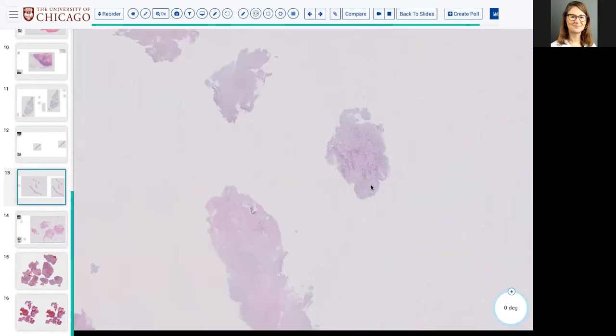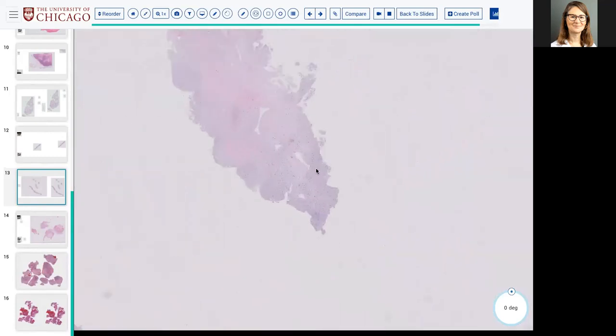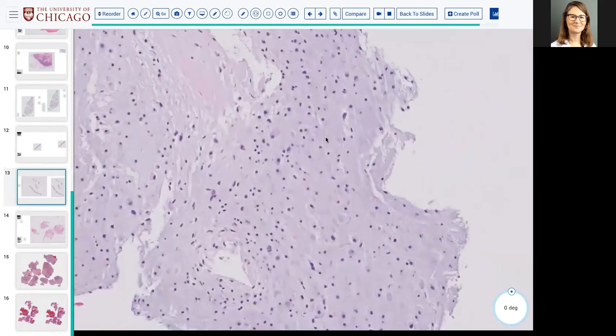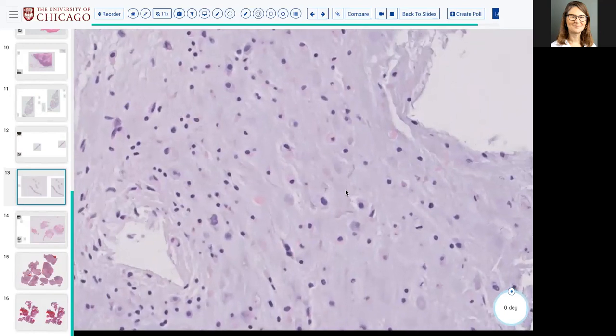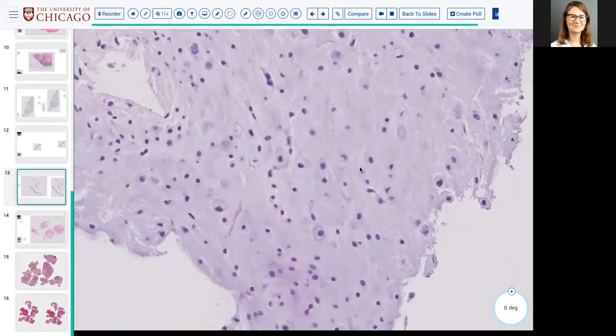Molecular was not done on this case because it was felt that all of the other immunomarkers were negative. SOX9 was positive, and the radiographic features of a lesion in the proximal humerus of an old man with osseous and soft tissue involvement was most clinically and histologically consistent with the conventional chondrosarc. So pretty much